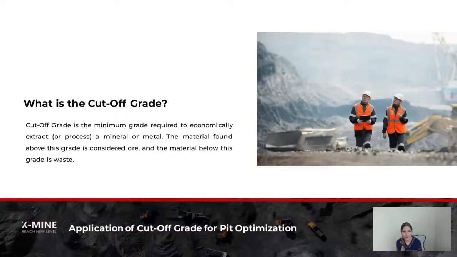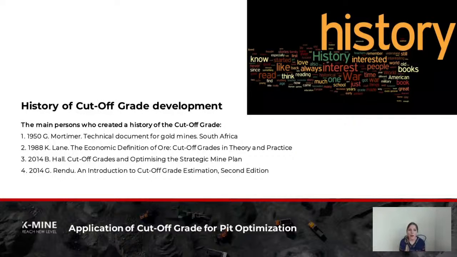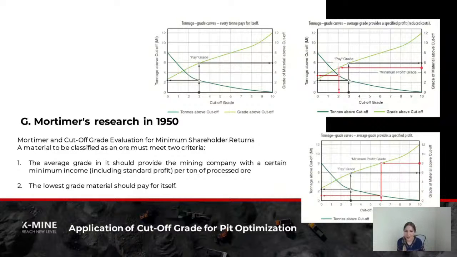Talking about the history of the cut-off grade notion, we decided to highlight a few moments that played a major role in the development of the concept. And I'm sure some of you would like to add a few researches in between, so feel free to comment. But from our perspective, there are 4 important milestones in the cut-off grade development, which started with Mortimer in the 50s and ended in 2014 with Rendu. Of course, the research keeps happening and notions keep developing. So who knows if we can add another important milestone in the coming years. But that's what we came up